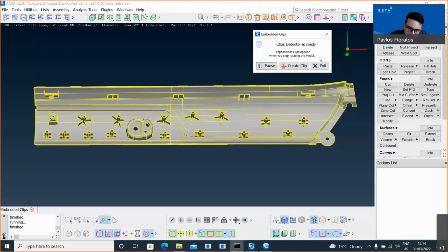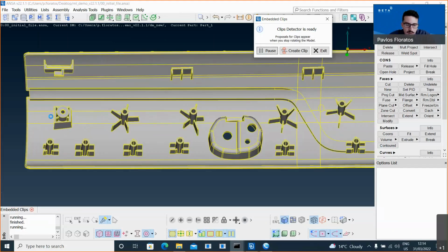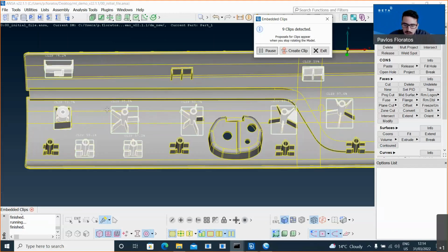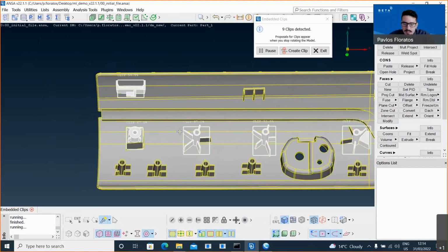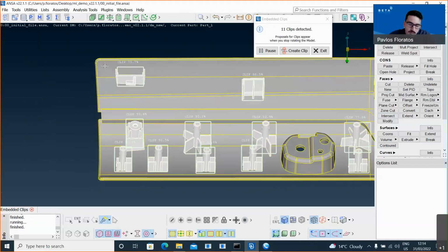So now my clips detector is enabled, and every time I move my screen, I see what fasteners have been recognized. And as long as I get a nice clear view, you can see that the recognition can be very good.